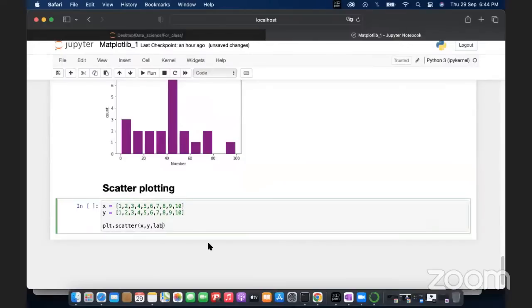Suppose my label will be star. Okay, so yes, star, after that color,